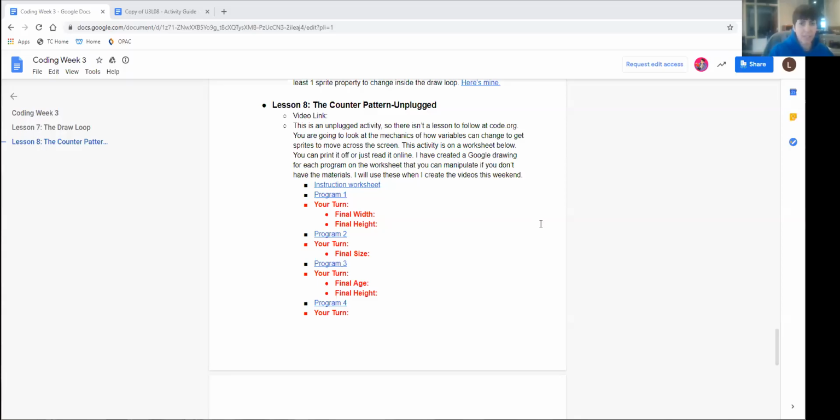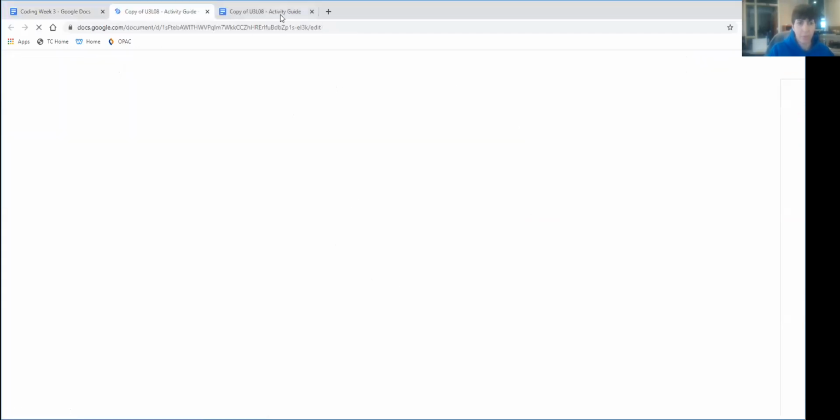All right, our last lesson this week is lesson 8, the counter pattern. This is an unplugged activity, so there aren't any actual lessons to do on code.org. So I have placed them all here. First, you want to look at the instruction worksheet, which I will go ahead and open up here, which apparently